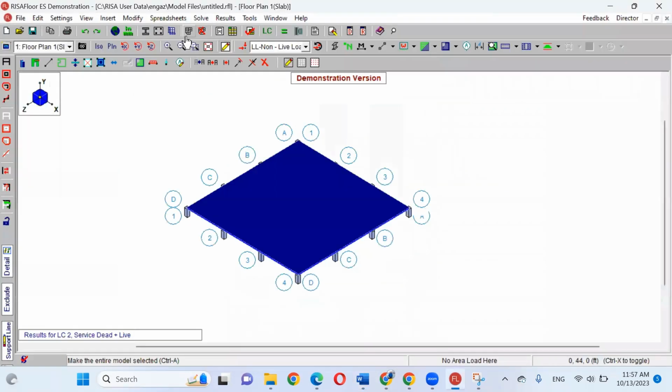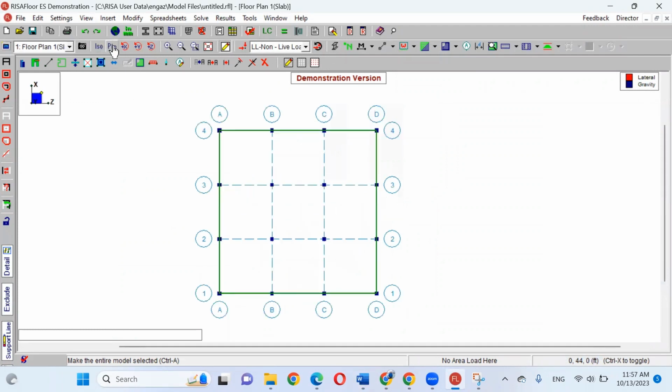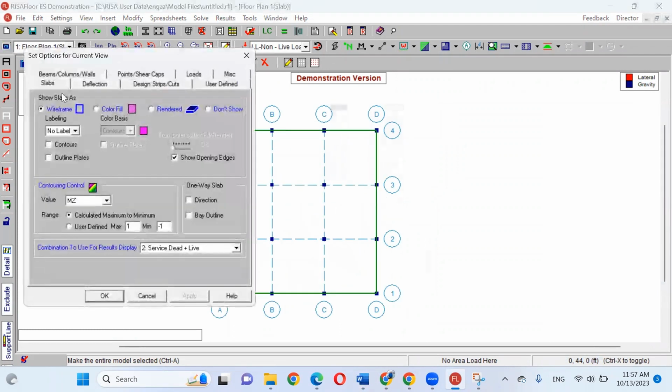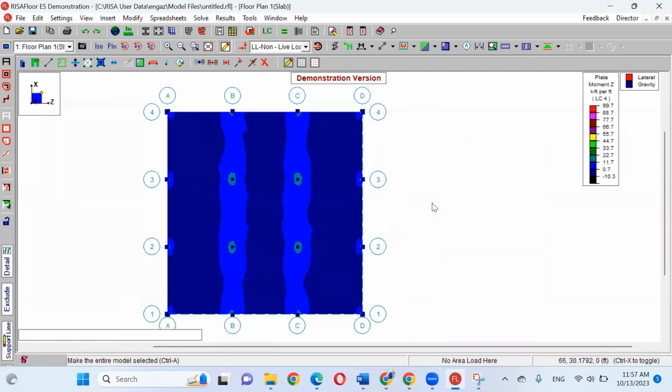Also from RISA, I will hide this and go back to the plan. I will show up the slabs, color fill, contour, MX, MZ first, ultimate or strength. Okay, this is the shape. That makes sense?